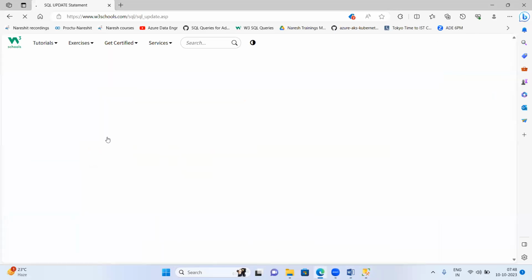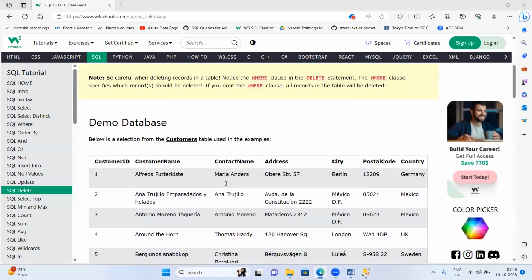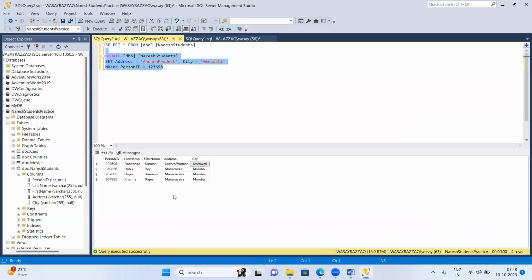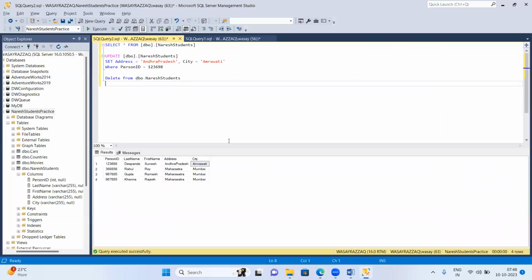Delete, if you want to delete one particular record. So delete from table name where condition. It's very simple. How can we do that? If I want to delete any one record, for example, then what we'll do, we'll say here delete from table name, and what you want to delete, you can mention as a condition. Where